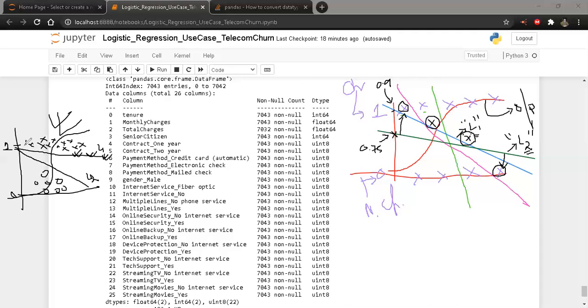Now, please don't get confused with the fact that I'm scattering the 1 points over here. Why I'm scattering the 1 points or the 0 points over here is because ultimately 0 and 1 will be the data points, obviously, but these points that I've drawn over here will be their probabilistic representations. So finally, we will come up with a model which will give us this line, which is my S curve, and also the probabilities of each and every point being 0 or 1. If those probabilities lie quite close to the line, then it becomes a problem for you to explain the